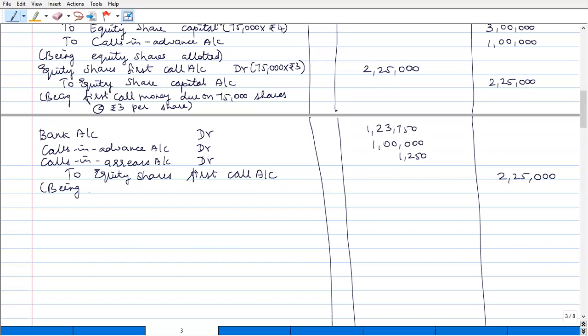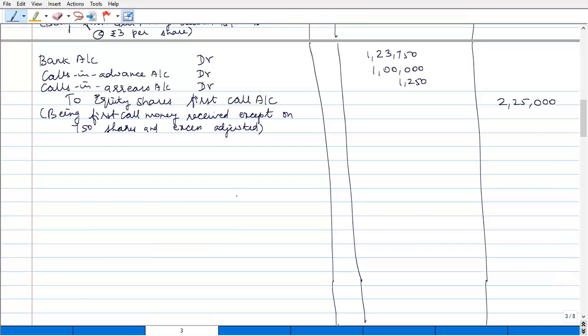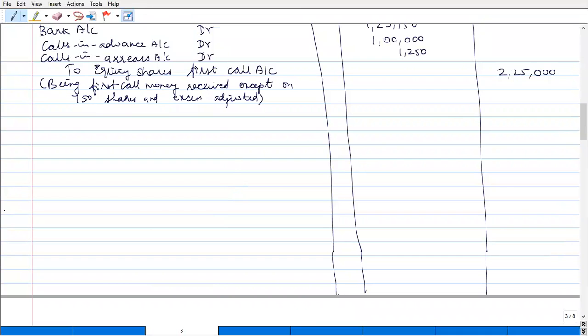Being first call money received except on 750 shares and excess adjusted. Okay, now her shares were immediately forfeited, isn't it? So we have to pass the forfeiture entry now. To pass the forfeiture entry,